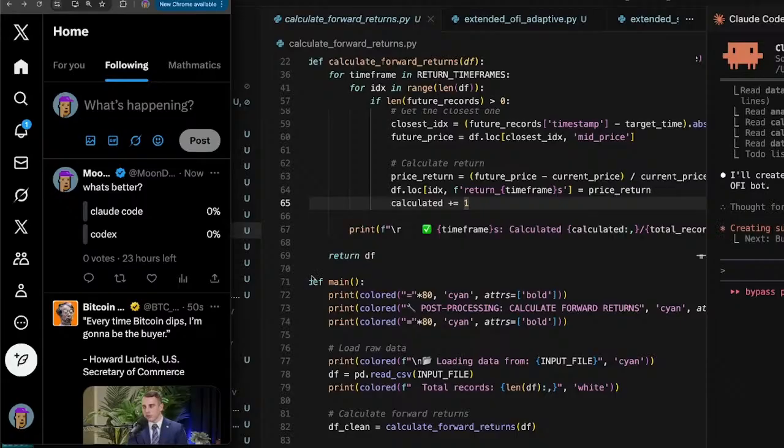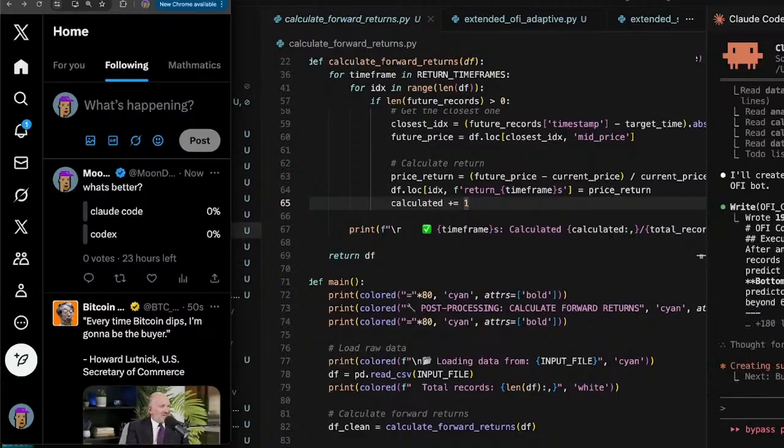23 hours left. I'll create a detailed findings report and then build the correlation-based OFI bot. Okay, she did the mini, a detailed findings report, and then build the correlation-based OFI bot. So we're gonna have the mini, and by the time the mini is done,